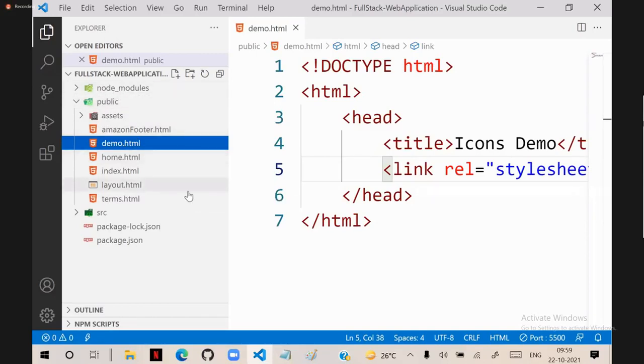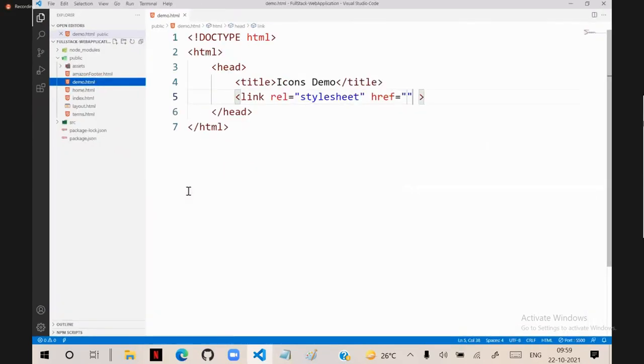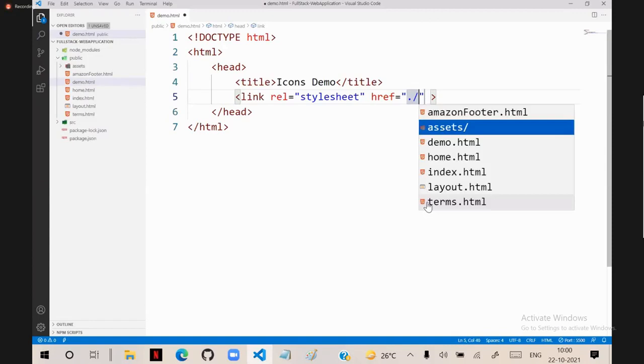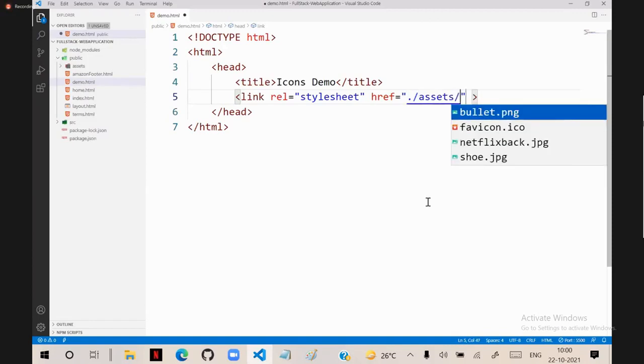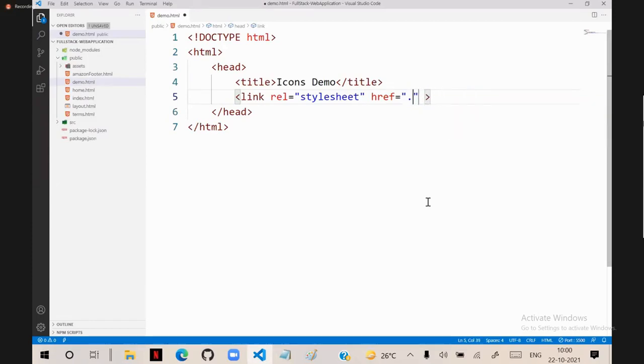Now tell me how to access the assets folder. To access the assets folder, I can simply use ./ because it is in the same folder. You will get that assets, and inside that assets you can access. But node modules is not in this folder. It is present one level back. Then we have to use ../